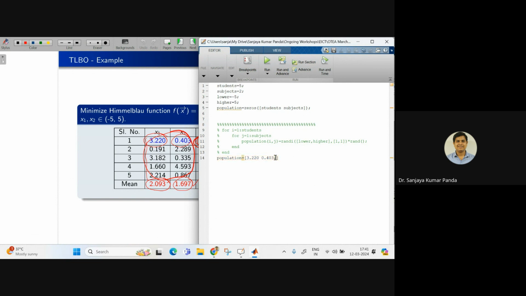Okay. Semicolon indicates it is the end of a particular row. Then 0.191, 2.289, then 3.182, 0.335, then 1.660, then 4.593, and the last one is 2.214 and 0.867. Okay, so if I execute it,